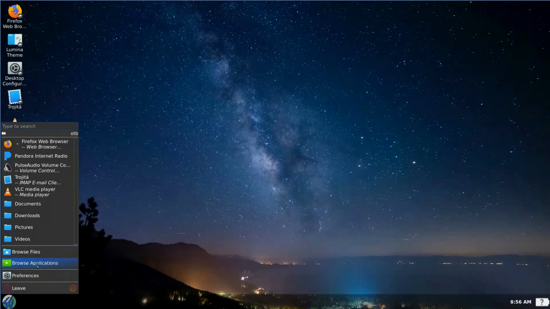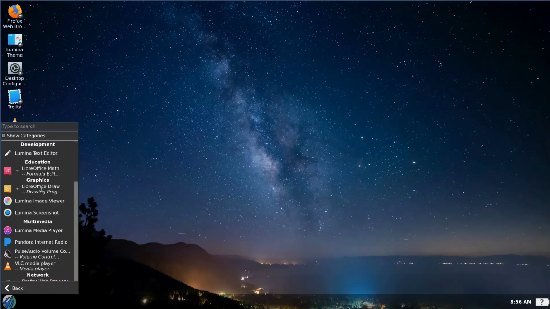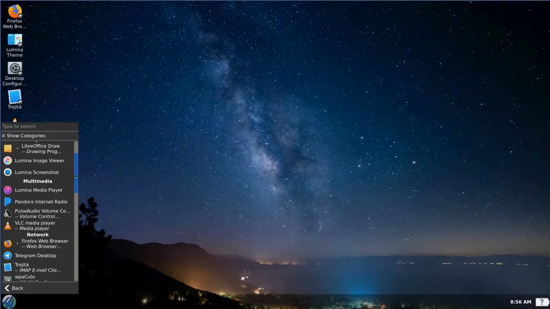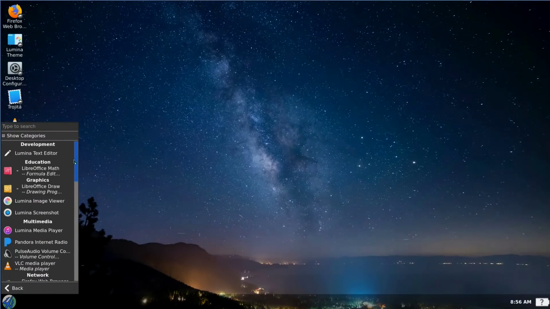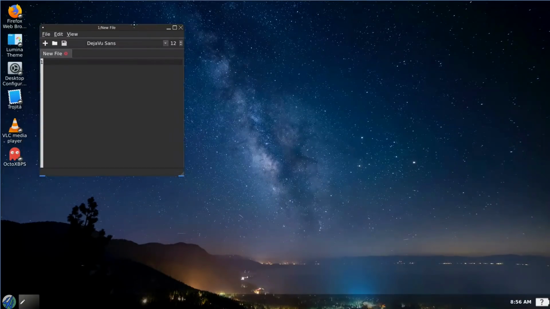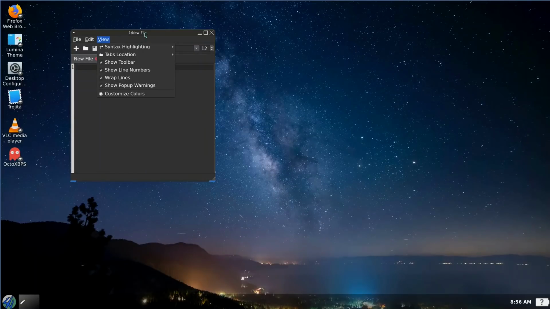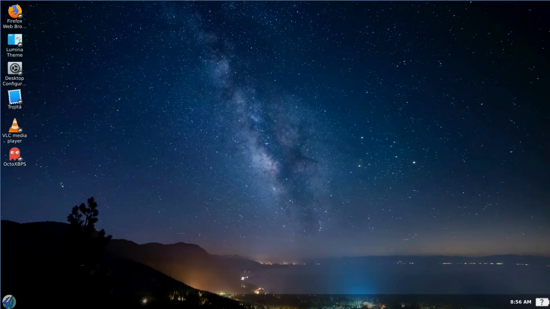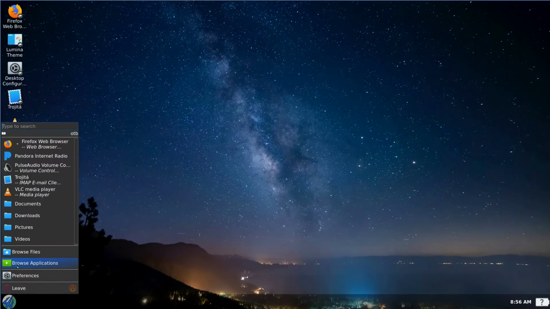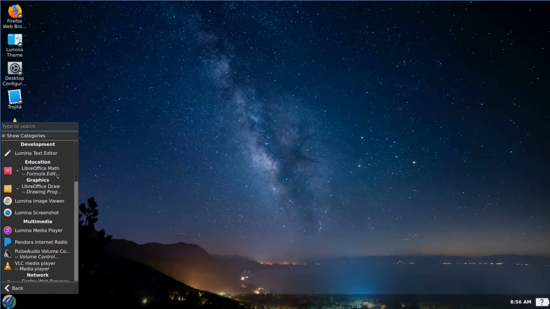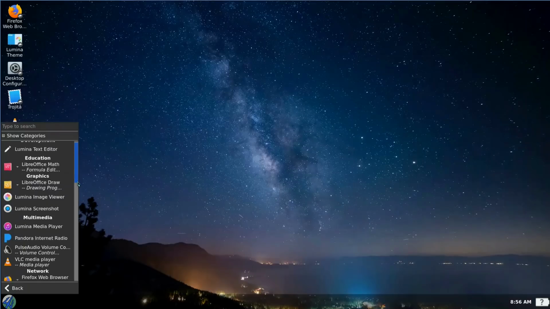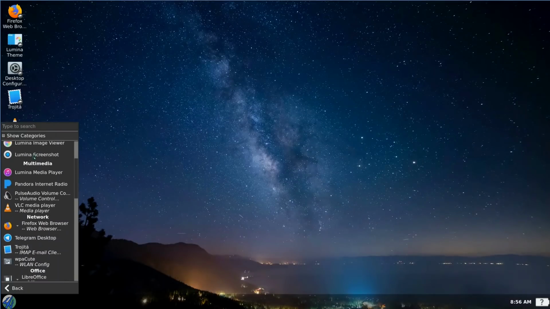We have a link down here on the menu to browse applications, and it actually extends that, and we can see we have quite a lot here. A text editor for Lumina, which I don't recognize. It seems to be a custom-based editor. We have the LibreOffice suite by the look of it, LibreOffice Draw, the Lumina image viewer, screenshot tool, the Lumina media player,